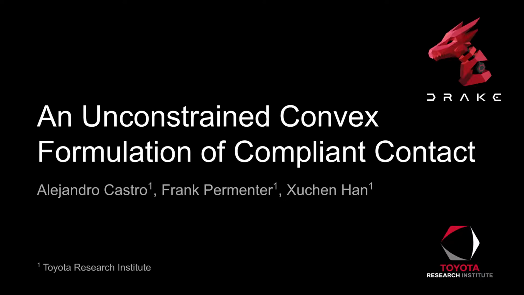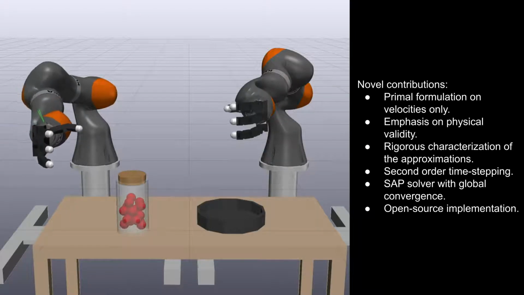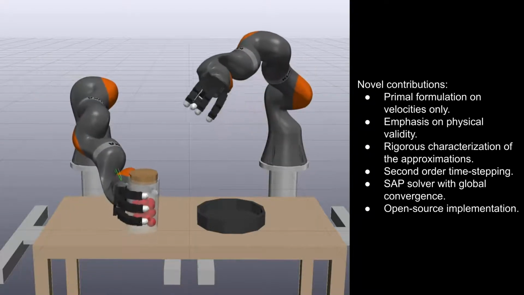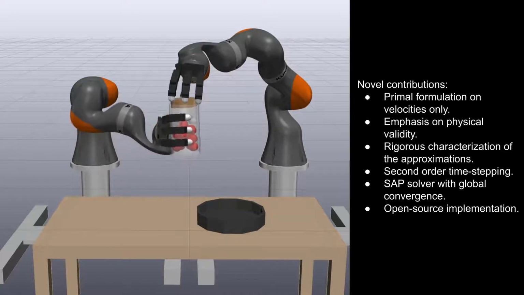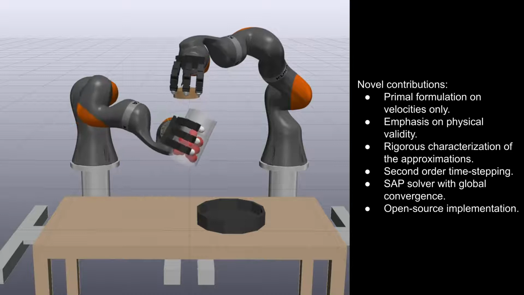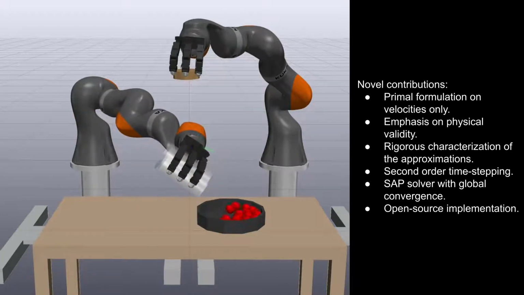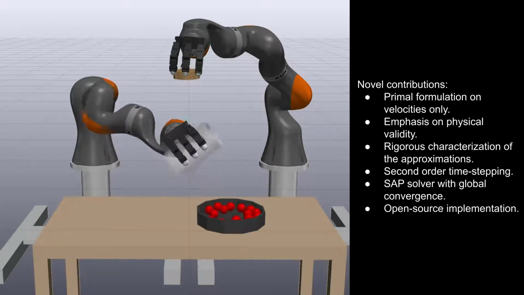We present a convex formulation of compliant contact suitable for robotics simulation, planning, and control. We introduce a number of novel contributions. Our formulation eliminates contact constraints analytically to write an unconstrained convex problem on velocities only. We put a strong emphasis on the rigorous characterization of the method and the physical validity of the convex approximation